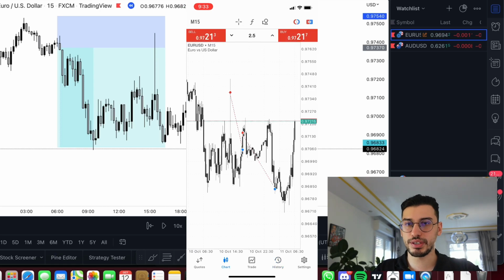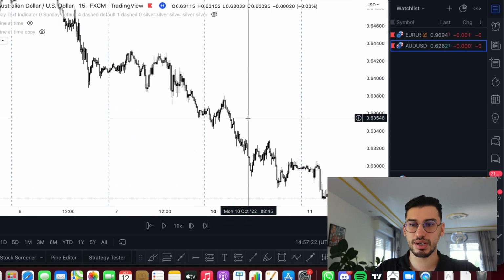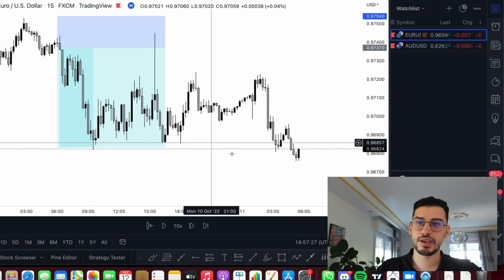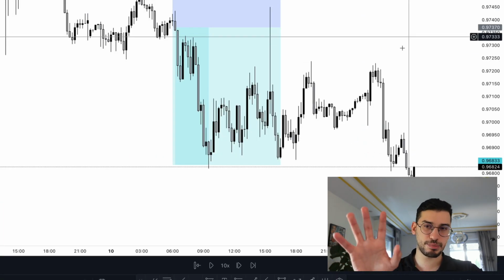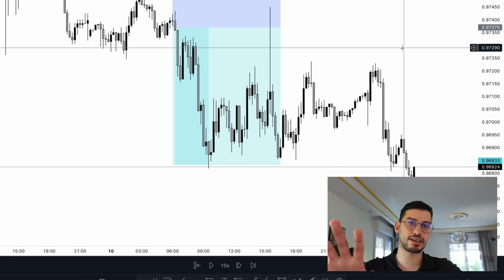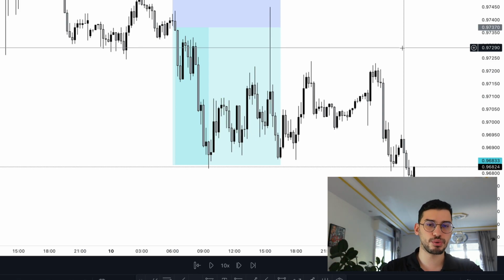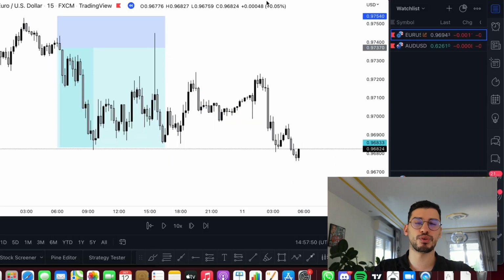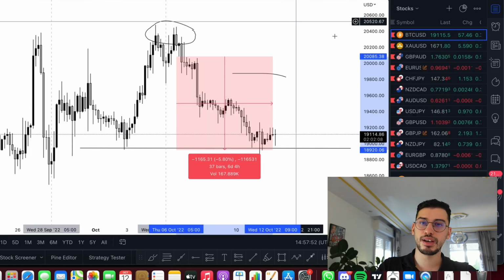What happened with AUDUSD is that simply the market kept pushing through to the downside and didn't trigger me in. So what I'm waiting for, and I will explain this trade technically, guys, just give me a second here. What I'm waiting for in the next few days is that tomorrow there's inflation news in the US. So if the inflation comes up to be so high, it means that the Federal Reserve will raise interest rates because they need to combat that inflation. It means that euro, Bitcoin, all that stuff will fall. Again, Bitcoin might fall down to 16 to 17,000.